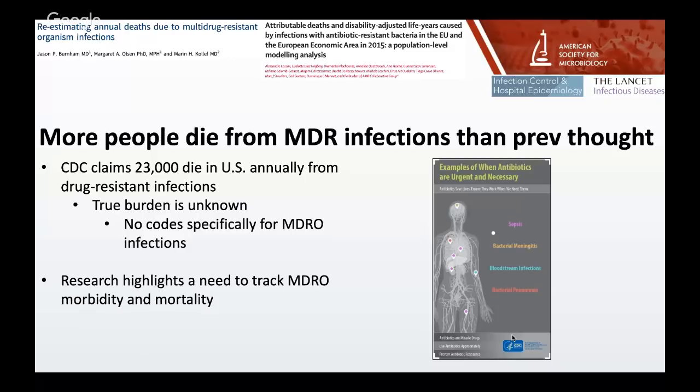So, definitely not good news, but not too surprising because the CDC has claimed that the number of people within the United States who die each year from drug resistant infections is 23,000, and this number has been used for a number of years. The true burden is actually unknown, and that's because hospitals do not code specifically for multi-drug resistant organism infections. If someone dies of sepsis, the cause is noted as sepsis and it may be recorded as the type of organism that has caused that sepsis, but it's not known whether that sepsis responded or did not